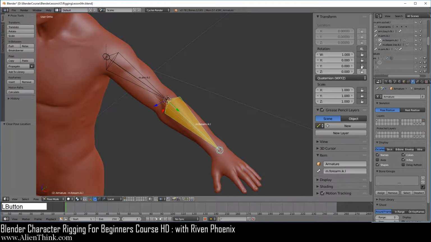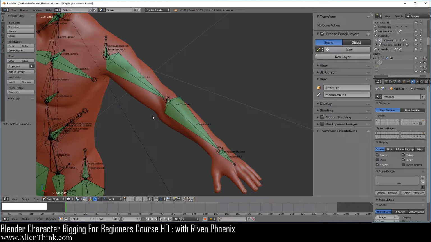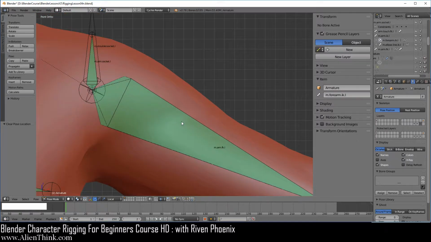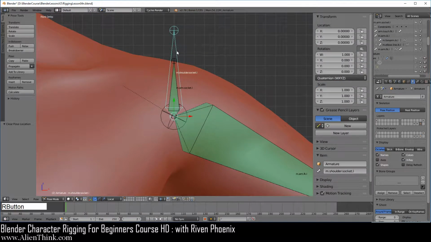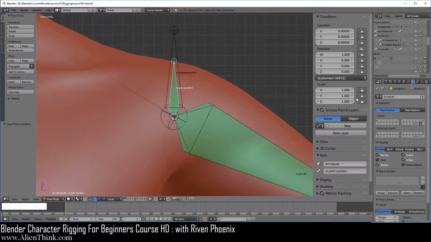Click on this and make sure that this is all locked. You don't want users touching this. Now let's go to the non-deform. Now over here, you're going to press the 1 key and actually just zoom in a bit. Now over here on this bone, we want everything locked down. This one, we want everything locked down.